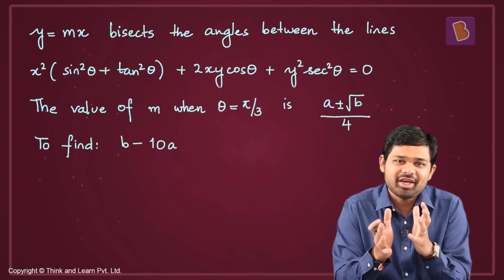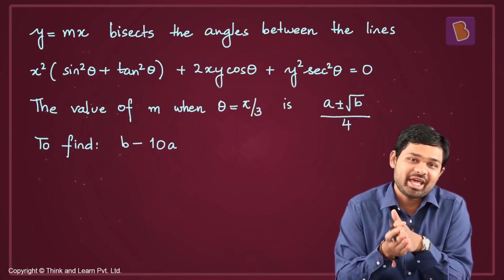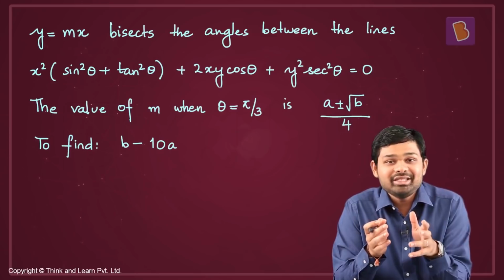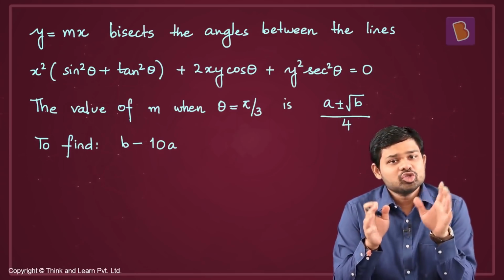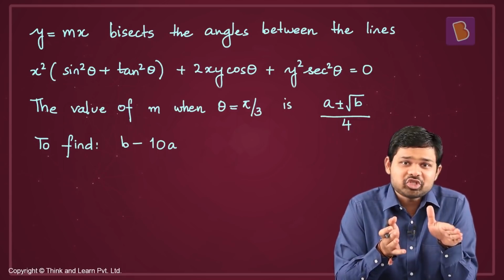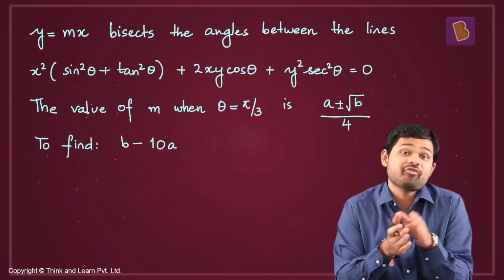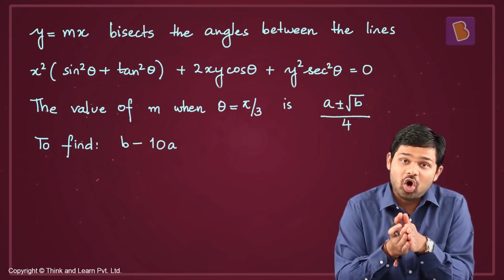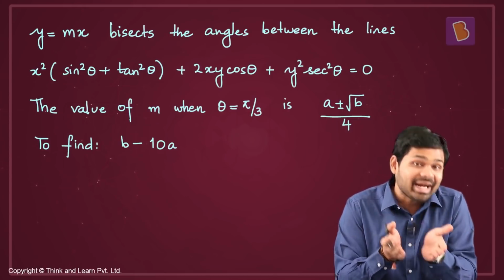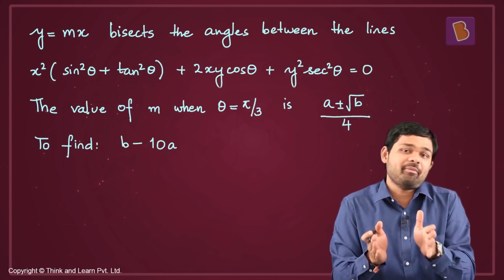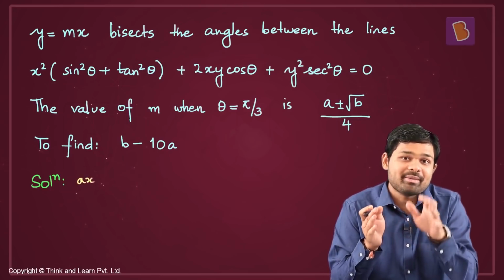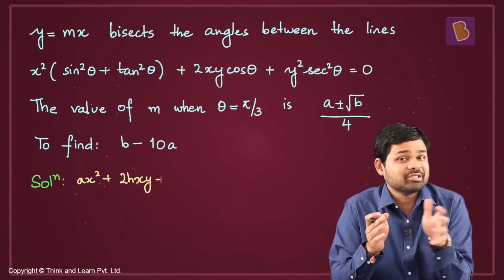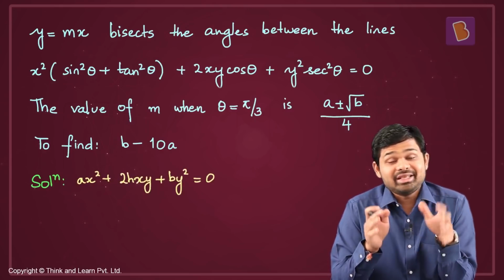It's a very fancy way of asking you to find out the values of a and b, or in other words, it's a very fancy way of asking you to compute the value of m. So this is a very standard question because we know the expression for the bisectors of a pair of straight lines. So we have the combined equation for the bisectors of a pair of straight lines. So if we have an equation of a pair of straight lines as ax square plus 2hxy plus by square equal to 0, then